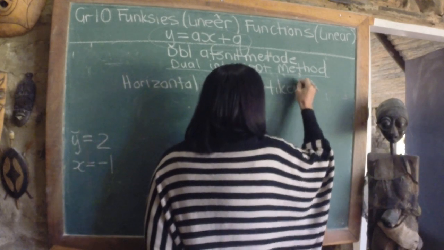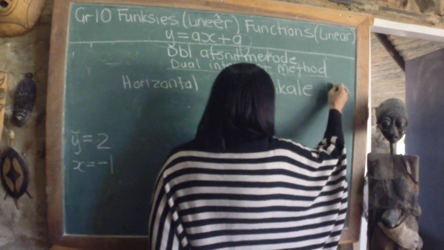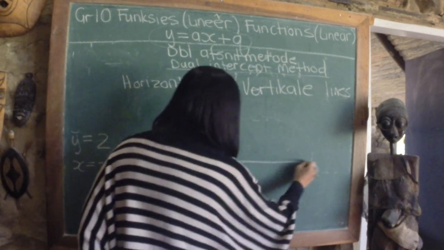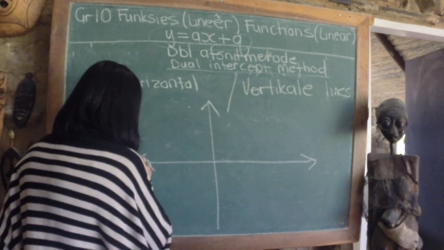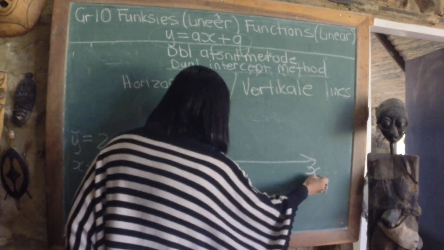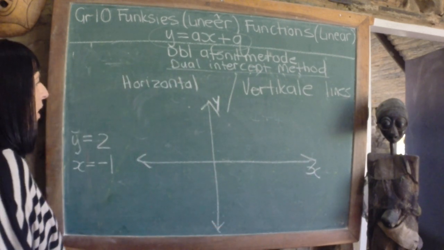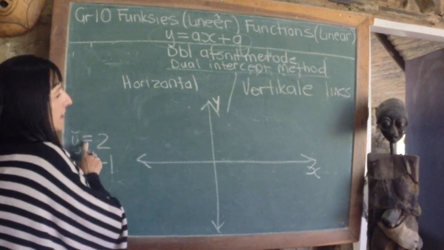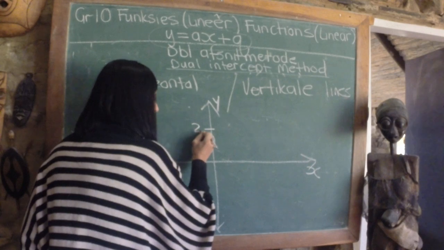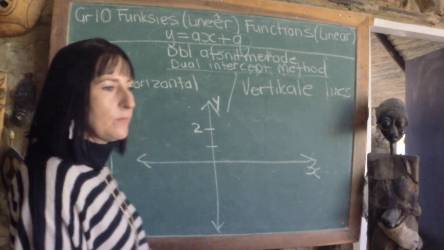Vertikale lyne, horisontale lyne. Okay. I'm going to show you these two on the same axis. This is the y-axis, this is the x-axis. When it's x or y equals 2, then we go to the y-axis to 2. And you simply draw